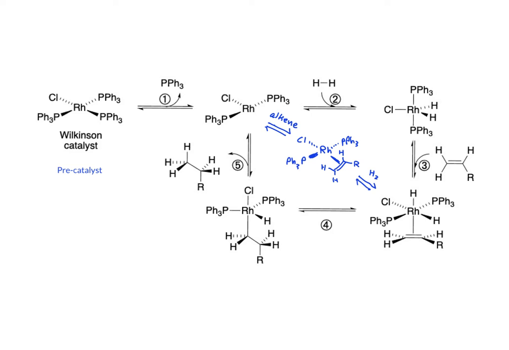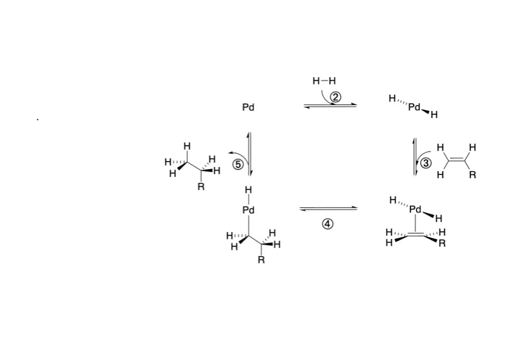With some heterogeneous palladium catalysts, the same type of mechanism occurs with oxidative addition of hydrogen, coordination of alkene, migratory insertion, and reductive elimination. But with the heterogeneous palladium catalyst, which is more stable at high temperature, we can actually run this catalytic cycle in reverse by adding the alkene to the palladium catalyst,